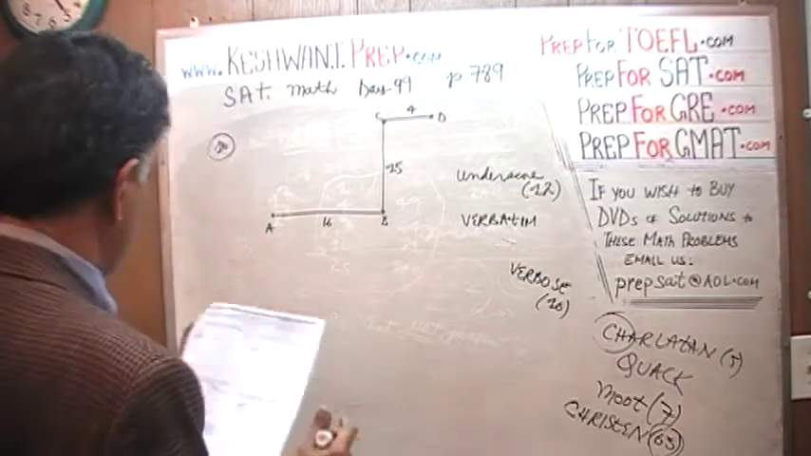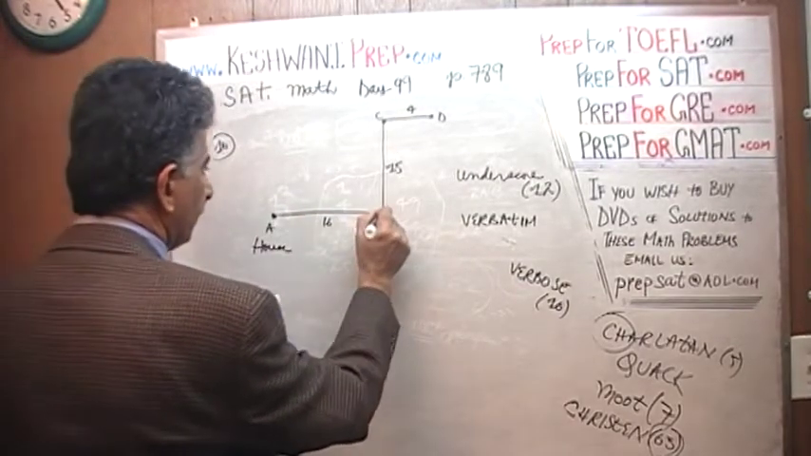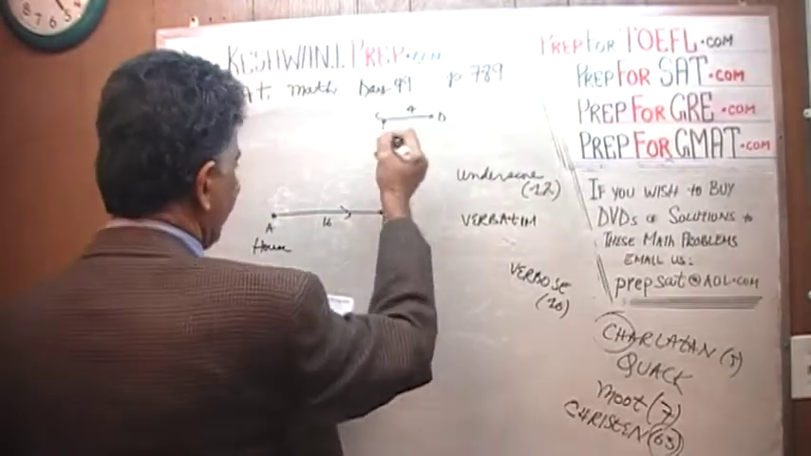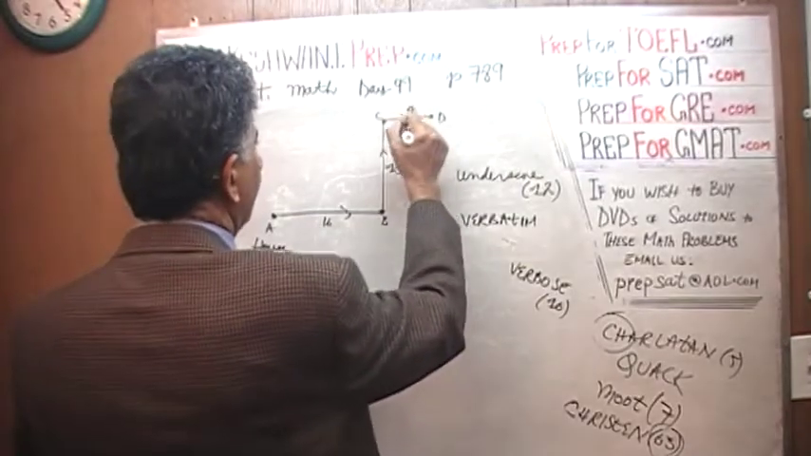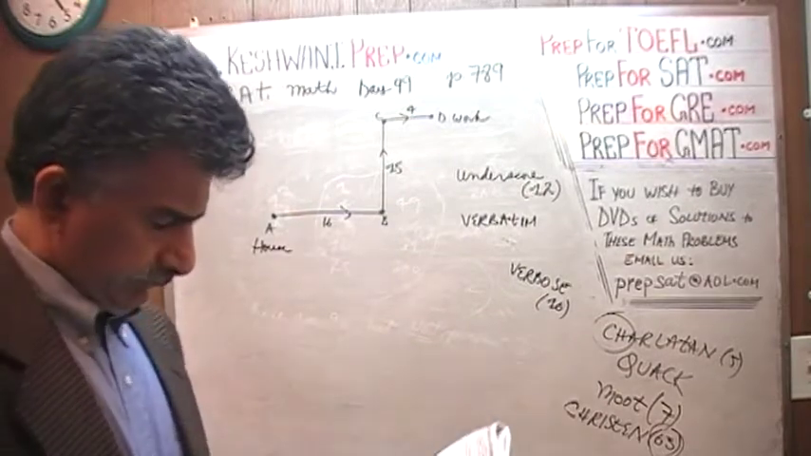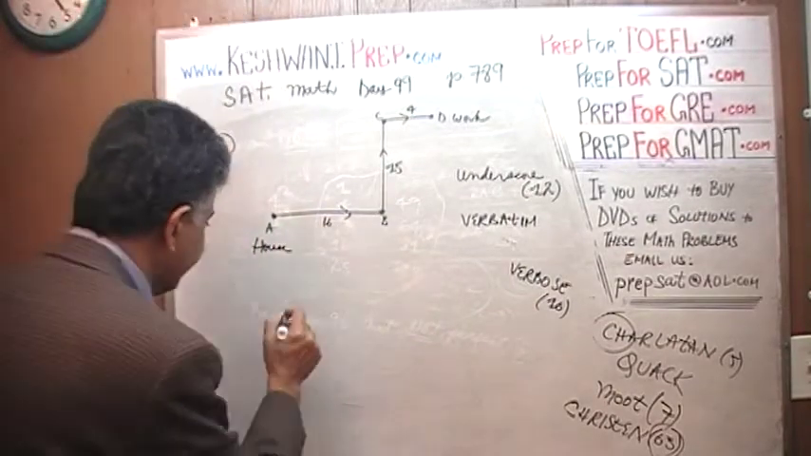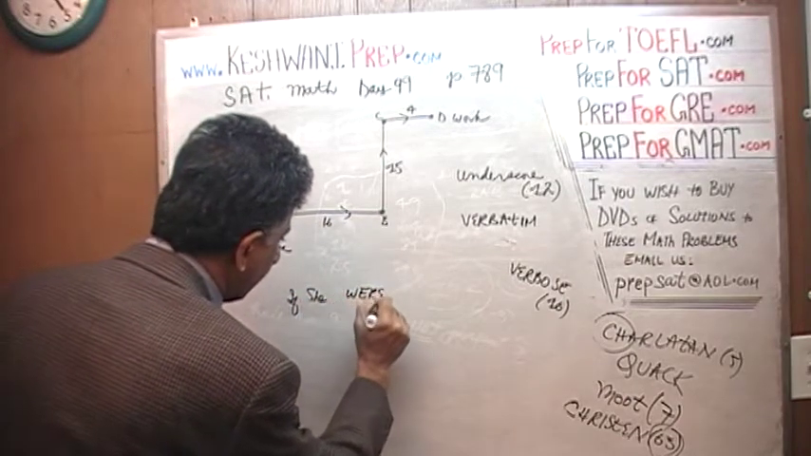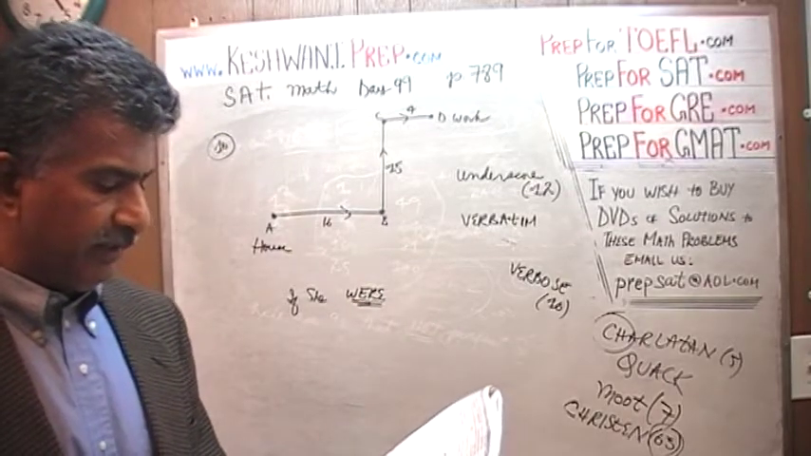Alright, so here is her house. She drives from point A to point B, and then she goes from B to C, obviously, drives another 15 miles, then she drives from C to D, another 4 miles, and this is her work. Now notice what they say here, if she were able to travel from A to D directly,